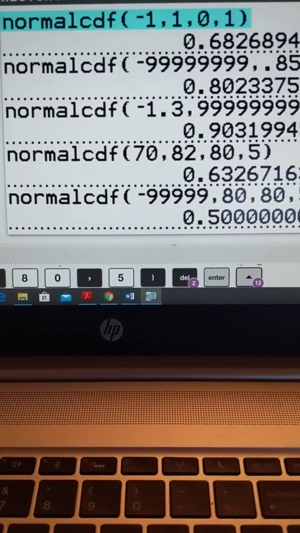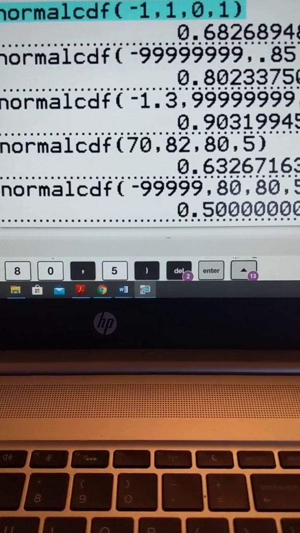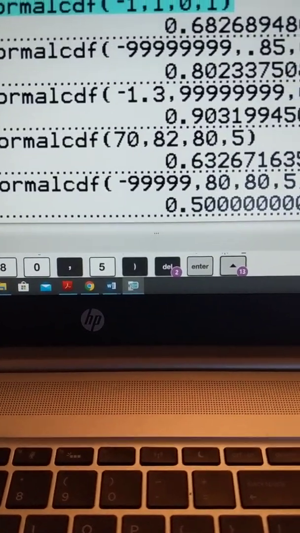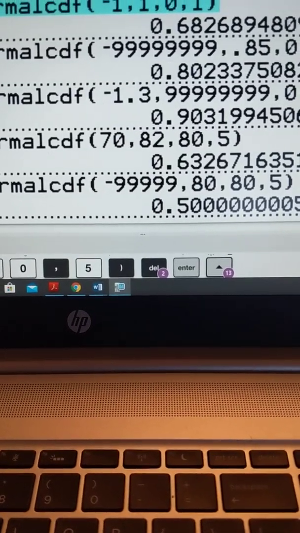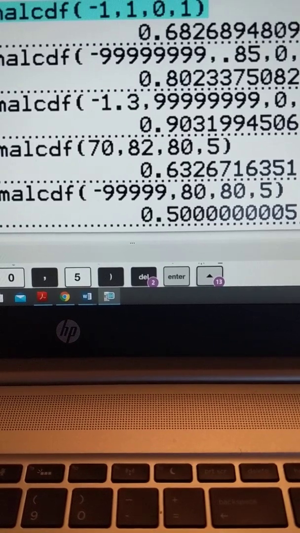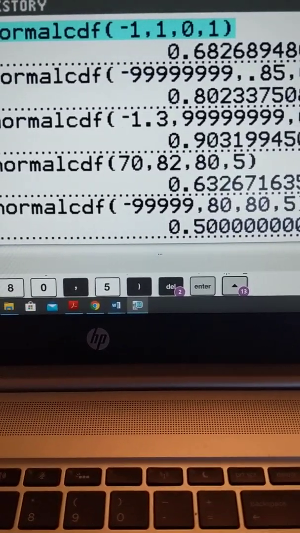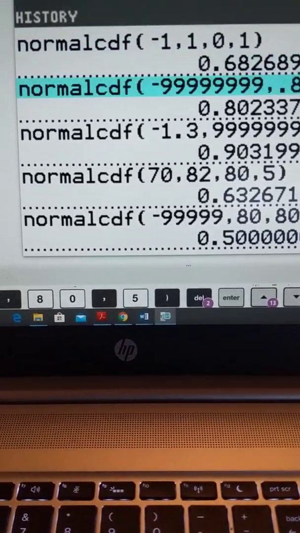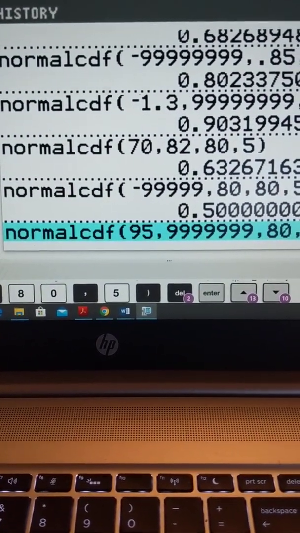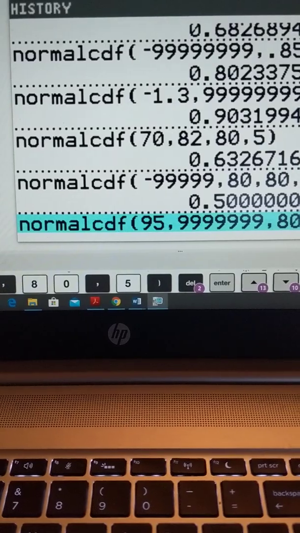The third one says that it was more than -1.3, so therefore it's -1.3 deviations from the mean, all the way to infinity. Put in a really big number, again, 0, 1 for the mean and standard deviation, and I got 90%. Now for the bottom three problems, I gave you a mean and a standard deviation, so it's going to be the identical process,